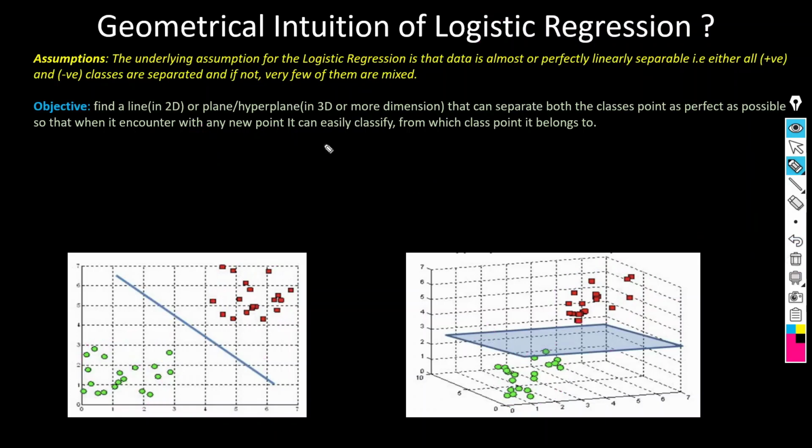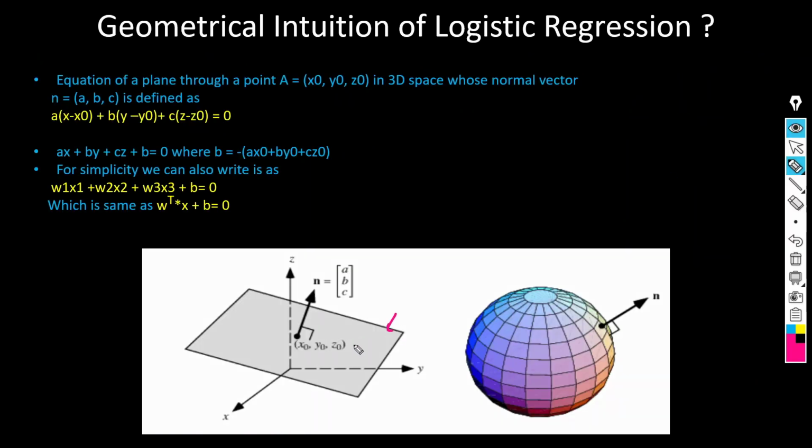So we are assuming that I have a 3-dimensional data set, x1, x2, x3. In that case, I will use the plane. So we have to find the equation of the plane, right? Let's check how we can find the equation of the plane. This is the plane and this is the vector, which is passing through this particular coordinate x0, y0, z0. Then the equation of the plane would be like this.